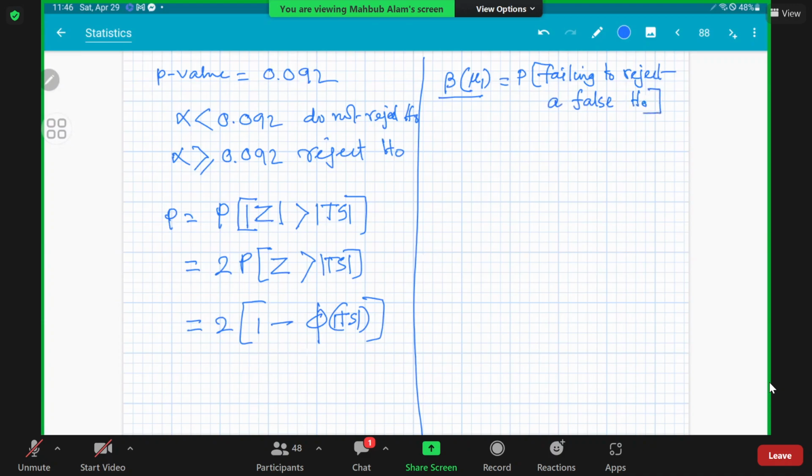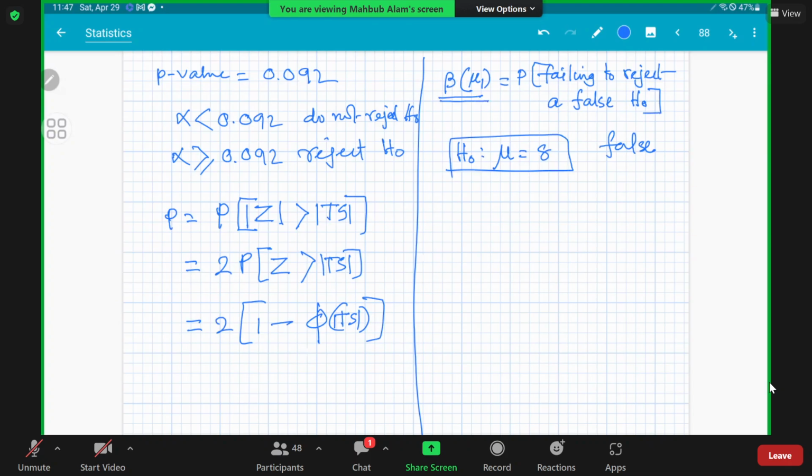That means if the null hypothesis that we had considered, mu equal to 8, is false, then if we do not reject it, or loosely speaking, if we accept a false null hypothesis, that means an error occurred. We call this error the type 2 error, and the probability of a type 2 error is defined